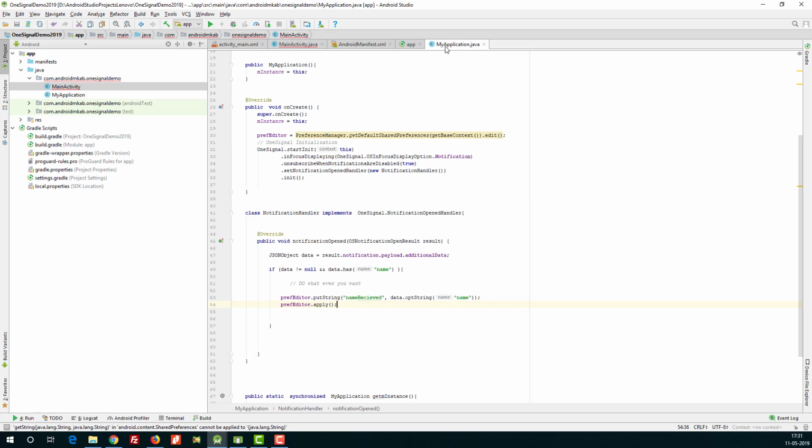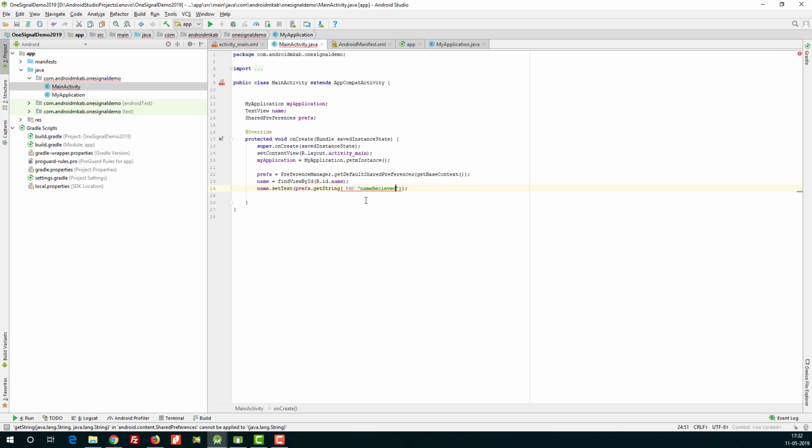We'll cross check from here. It's better to copy this one and paste it here to avoid any errors. Then we have to give some default value here. We will give it as hello world. See, if we fail to receive a value from here, name, it will print this one.